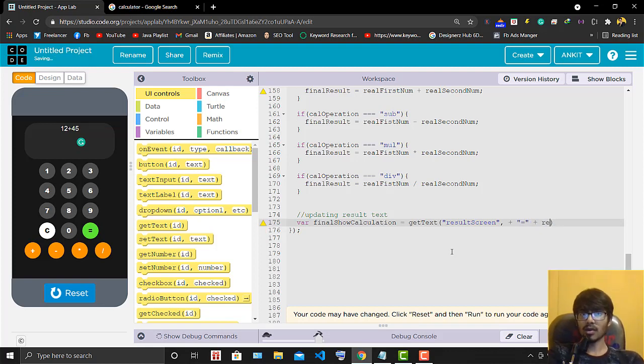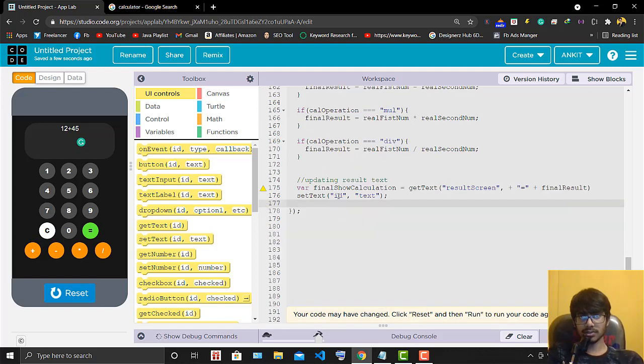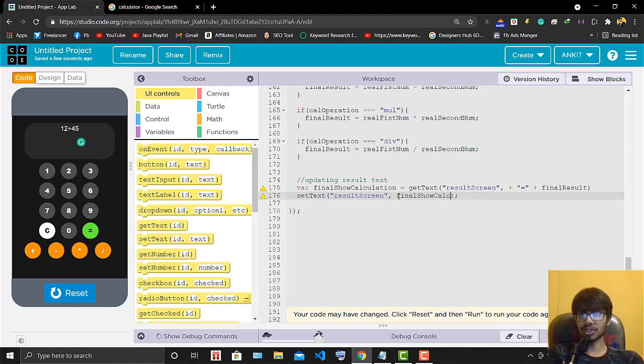Why result also? Because here we want the final result. Click here and write set text, drag this, and this id should be set text. It means we have to set the text for the result screen, right? Calculation. Everything is now done.